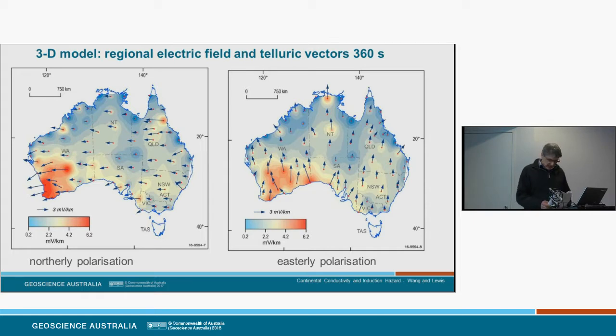And generally there's less distortion in the electric field in central southeastern Australia, where there are smooth variations in the conductivity contrasts. So by using a full 3D model as a geophysical starting point for GIC studies, it provides far more detail and highlights the dependence of the induced electric fields on the conductive structures of the continent.